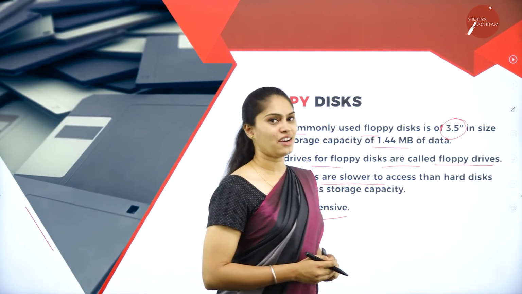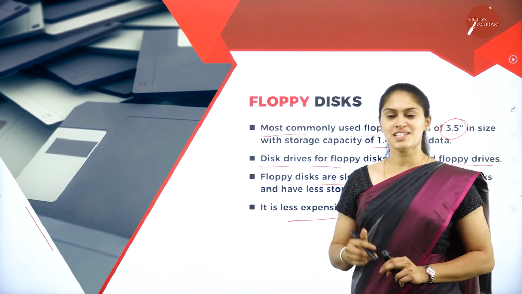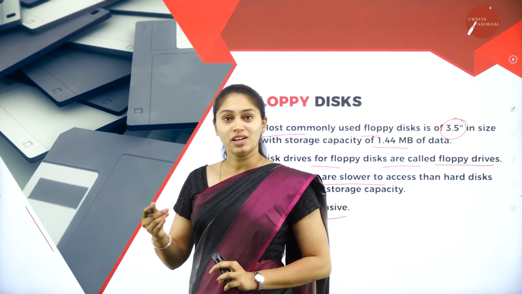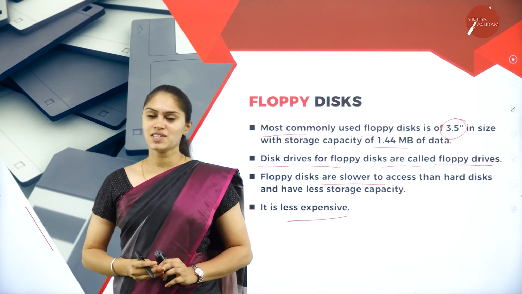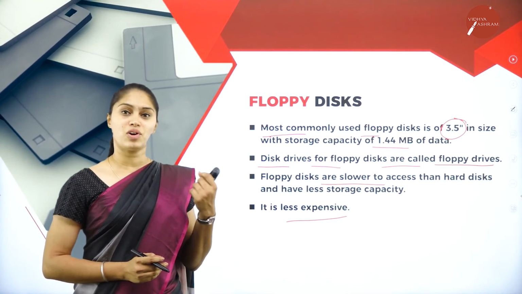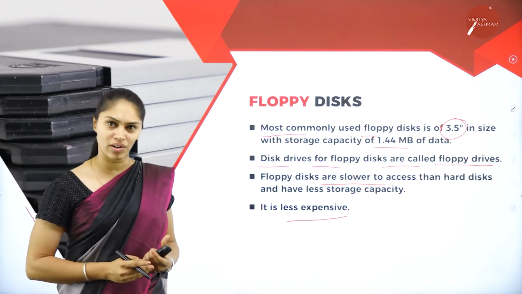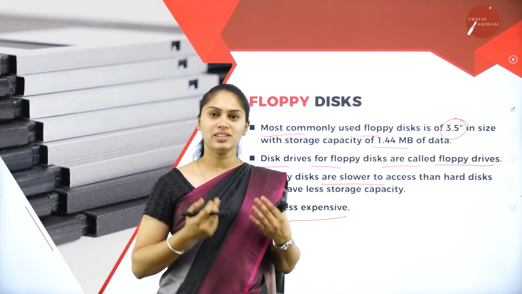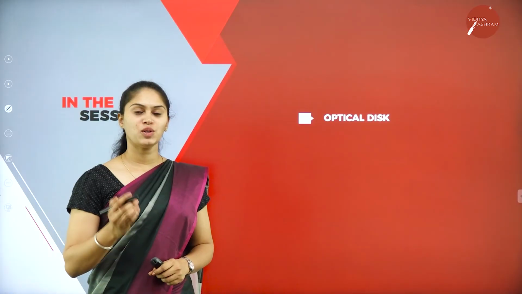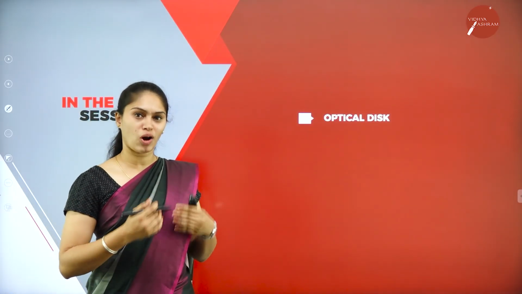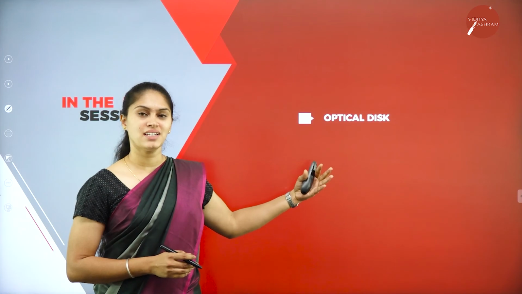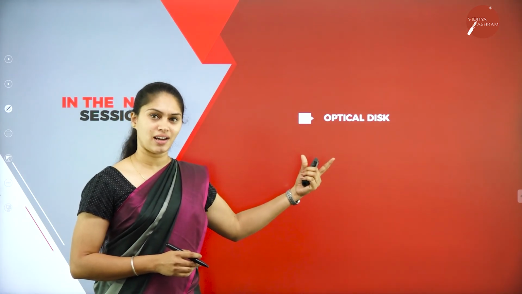So that is all about today's session. In today's session, I have discussed what is meant by a secondary storage device, why it is required, and what a magnetic disk is. The magnetic disk is also one type of storage device. Under the magnetic disk, we discussed the floppy disk and hard disk along with their characteristics, the size of each device, the storage capacity, and how the RPM, the revolutions per minute, take place in order to perform read and write operations. In my next session, I will be discussing optical disks: what they consist of, how they are categorized, and how they are useful to store a large amount of data.